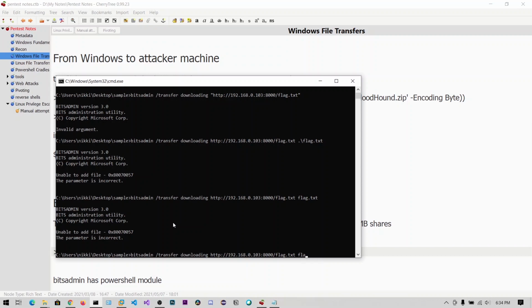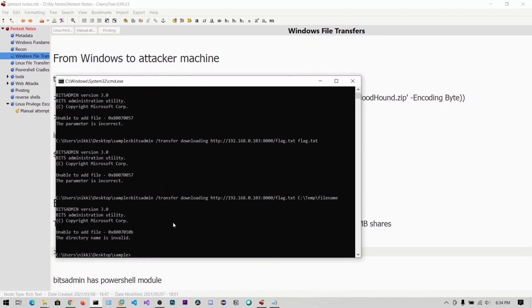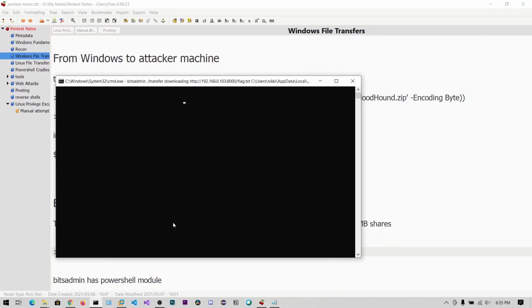Let's try for %temp% and then flag.txt. So now the transfer is complete.